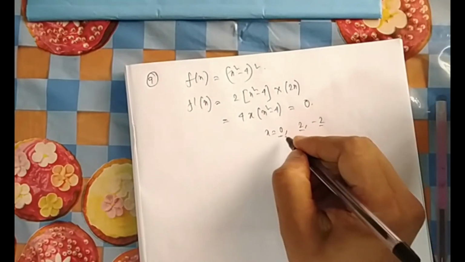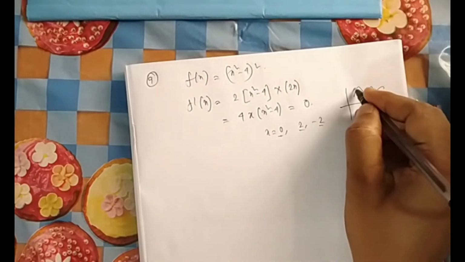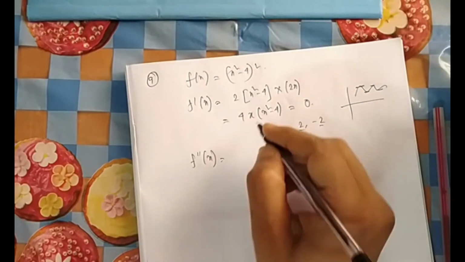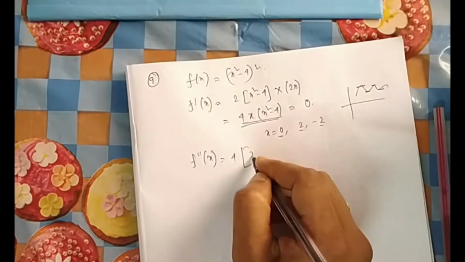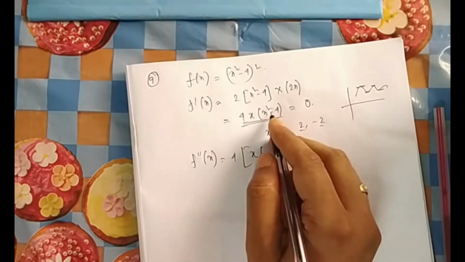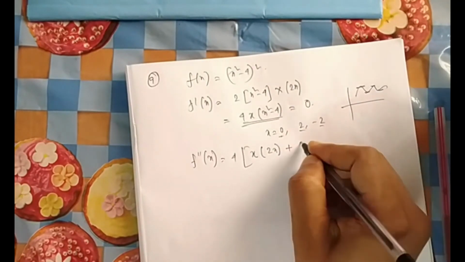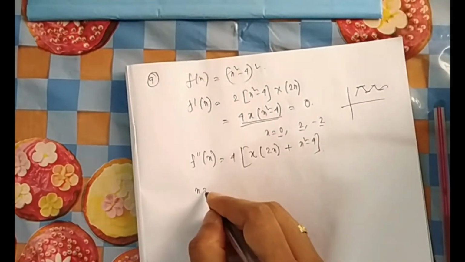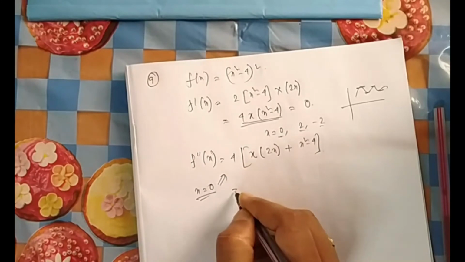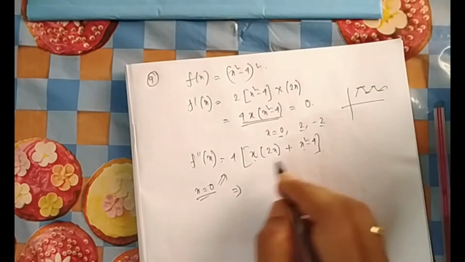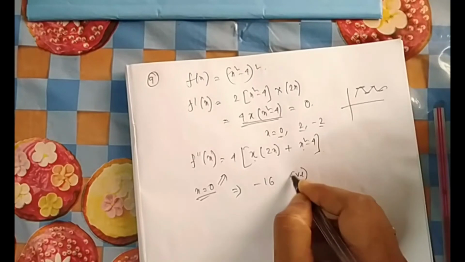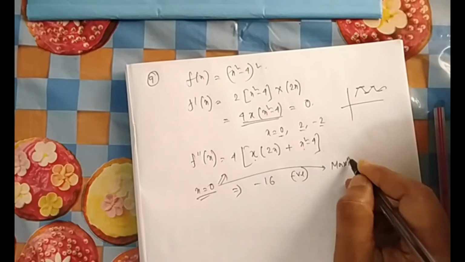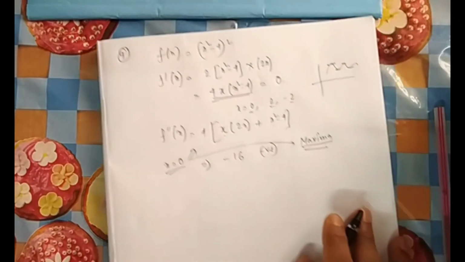So which one is maxima and which one is minima, you don't know, because you just got these points. For this you need the double derivative. So differentiate it one more time, 4 remains constant, then the product gives this much. If you take the second derivative and put 0 here, how much will the answer be? Minus 16, so negative. Negative means x equal to 0 is a maximum point,